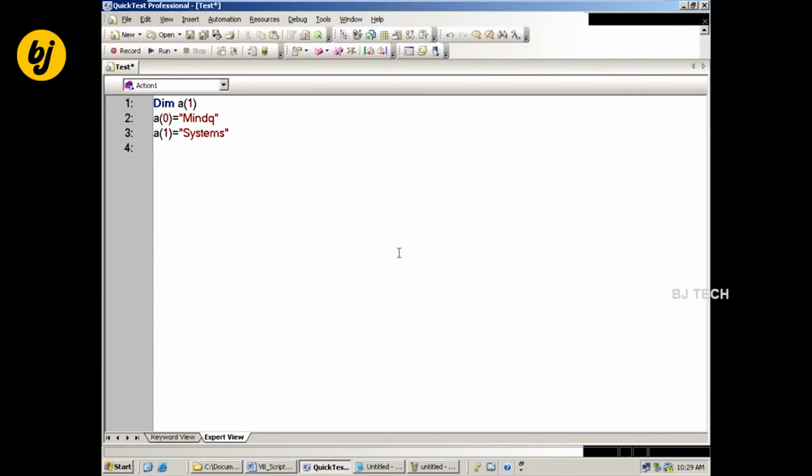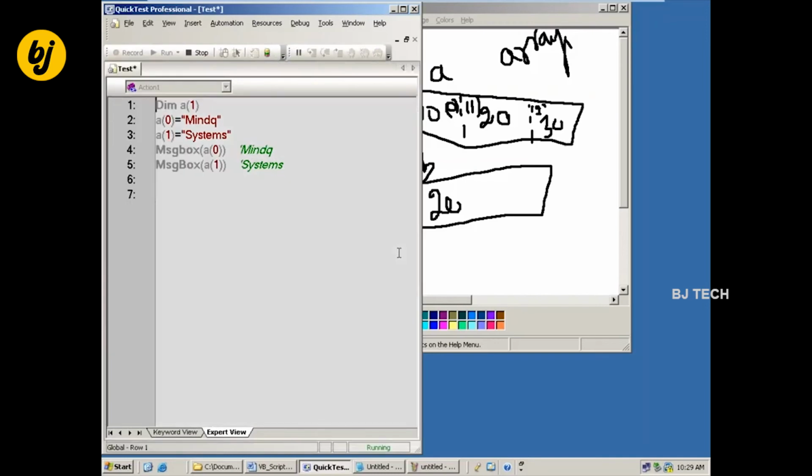To read those values, I can go for MsgBox of A of 0, it will return MindQ, MsgBox of A of 1, Systems. So if I run it, it is MindQ, Systems.